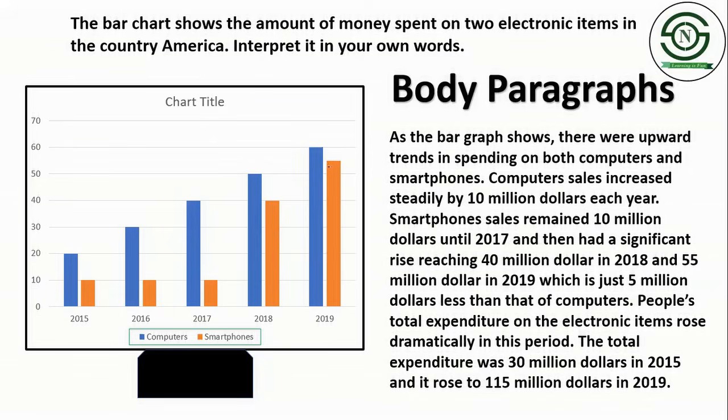Because as you see here, computer sales in 2019 were 60 million, whereas smartphone sales were 55 million, having a gap of just $5 million. People's total expenditure on electronic items rose dramatically in this period. The total expenditure was $30 million in 2015,